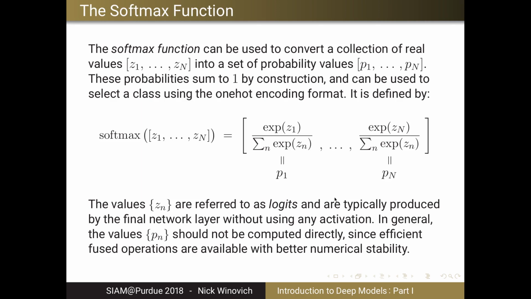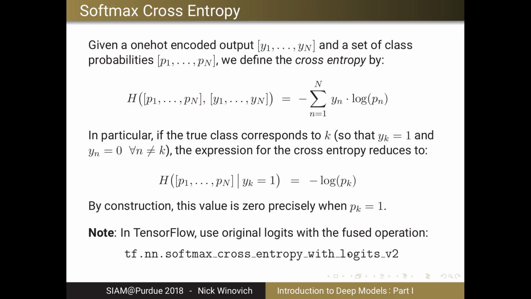And just a note on terminology, those output values that we had before we rescaled, before we applied the softmax function, are referred to as logits. And these are often produced by our network or stored in our graph and passed to a fused operation. So we typically don't actually apply this manually. We'll pass it for reasons of efficiency and, more importantly, in this case, numerical stability, so that we compute, as we'll see in the next slide here, the entropy, the cross entropy,